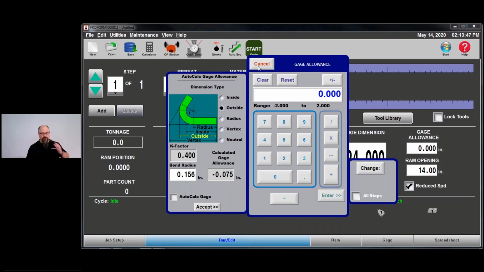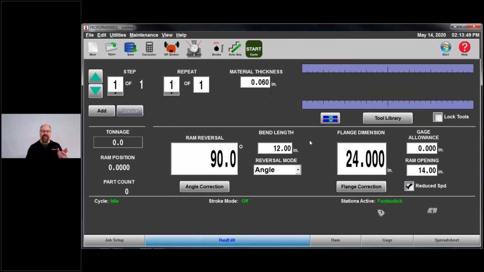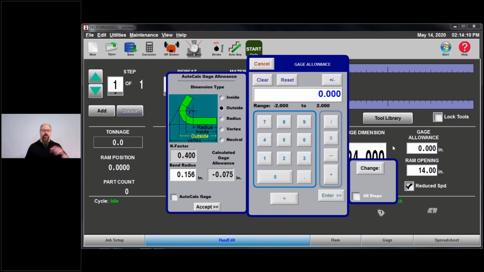What you can do, and since we're talking plastic here, it's going to be more art than science. The stretch or shrinkage or whatever you're experiencing, you're going to have to bend a part and see if you can get a consistent value for that stretch or shrinkage. And then whatever that number is, I'm going to change this gauge allowance to allow for the stretch.